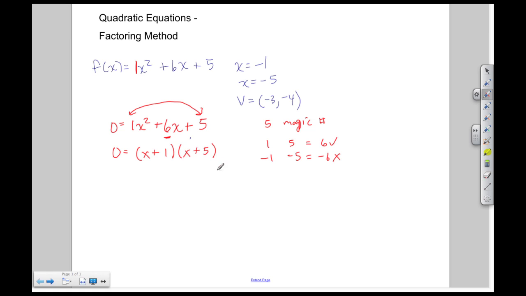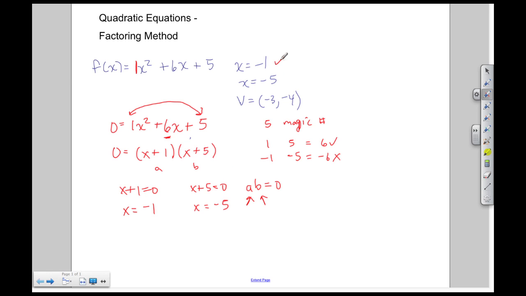Next, I'm going to use the zero product property. The zero product property says that if A times B equals 0, then that means that either the factor A is equal to 0 or the factor B is equal to 0, and either one will give me an outcome of 0. So I'm going to leverage that in this equation. I'm going to take my two factors, where x plus 1 is looked at as A, and x plus 5 we can look at as B. So we're going to say x plus 1 is equal to 0, and x plus 5 is equal to 0. To solve for this, I get x is equal to -1, and when I solve over here, I get that x is coming out to be -5.